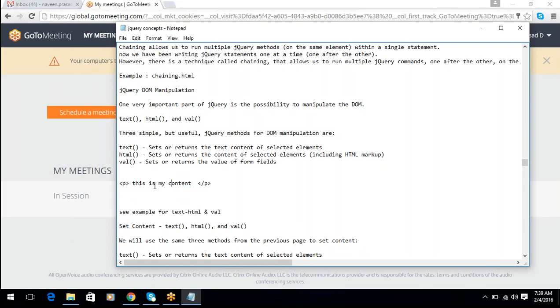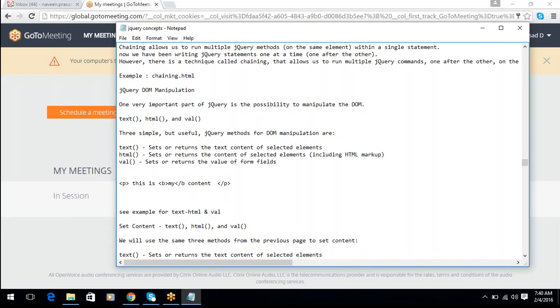We can get this content using the text method, or we can assign text content from jQuery to this paragraph. If we have HTML markup elements in the paragraph, like bold text with a b tag,